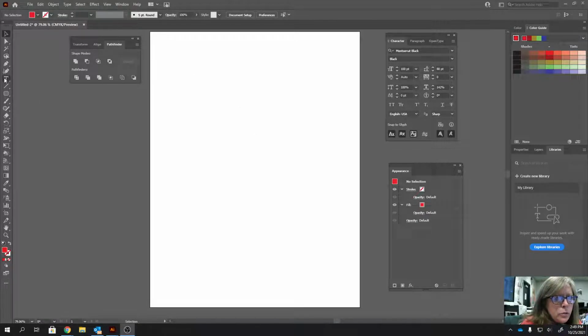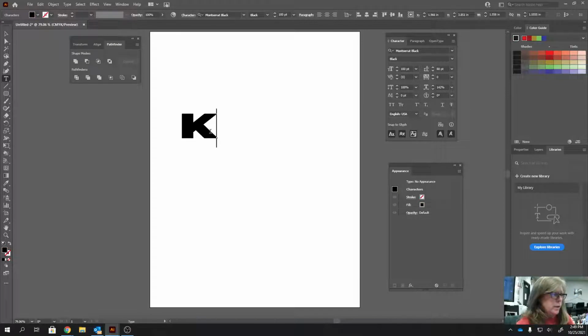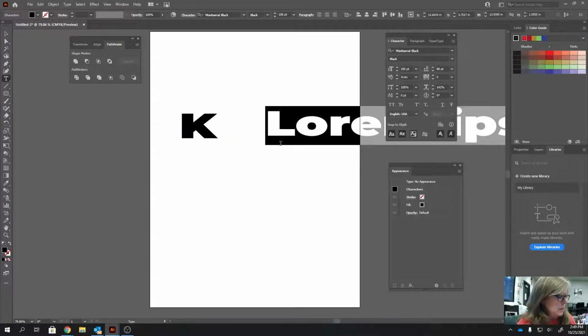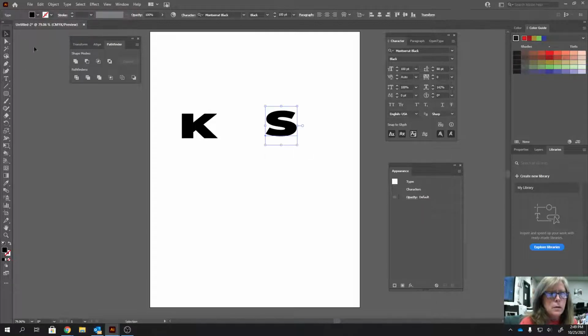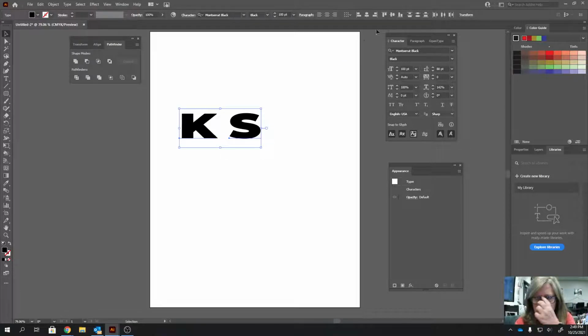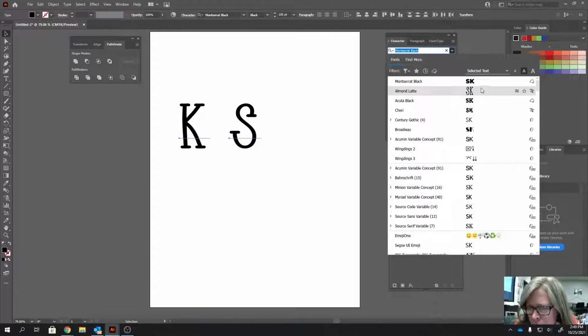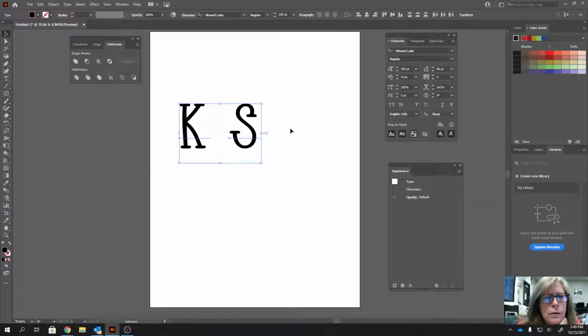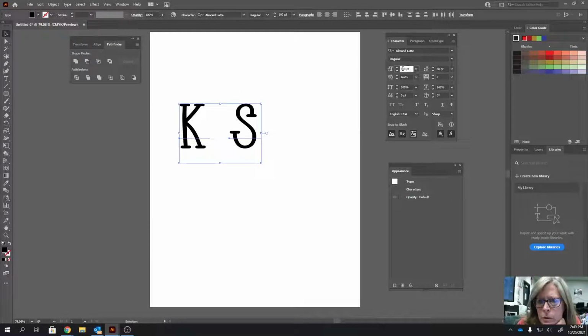Okay, so we're going to do some interlocking letters, and I am going to use two text boxes. I'm going to do a K and an S. Oops, I need to do capital S. And I am going to select both of these, and I want a font that is kind of thin for both of them. I'm going to make them both a little bit bigger,